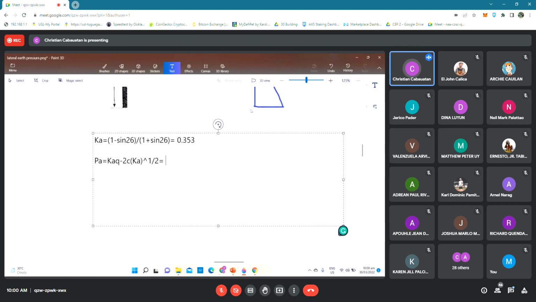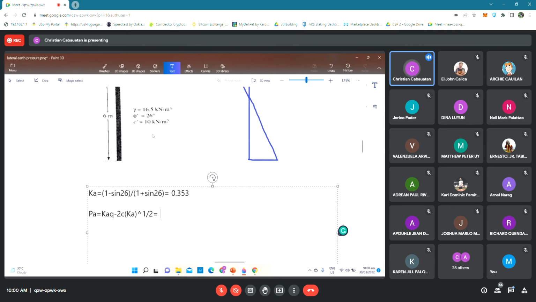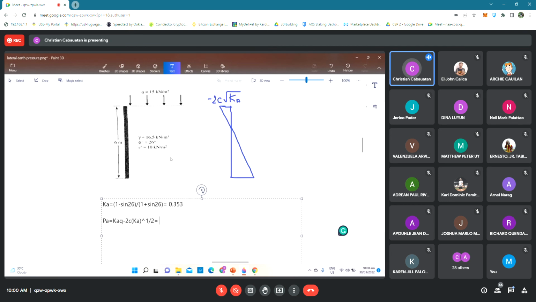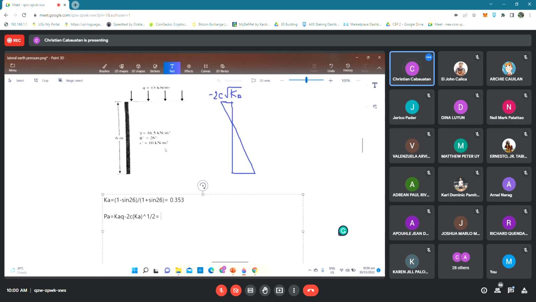Your cohesion would be equal to 10, and your additional surcharge is 15. Therefore, it is equal to